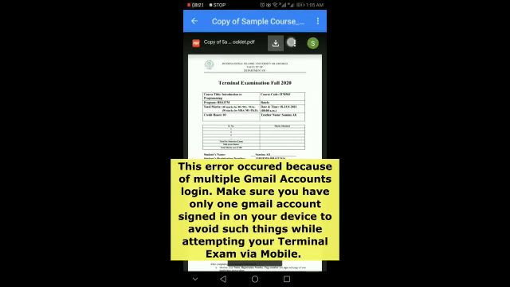You can do another option, that is click on these three icons again.